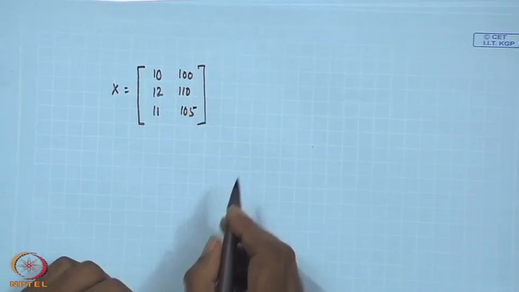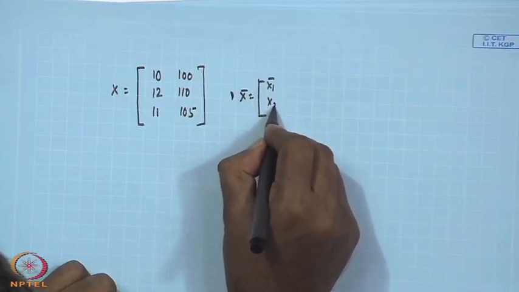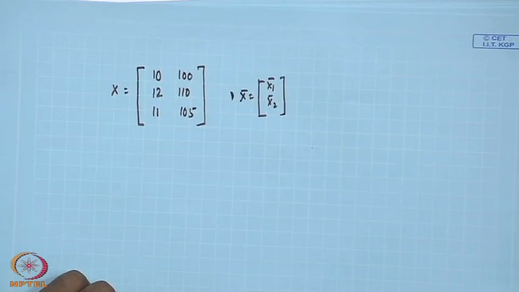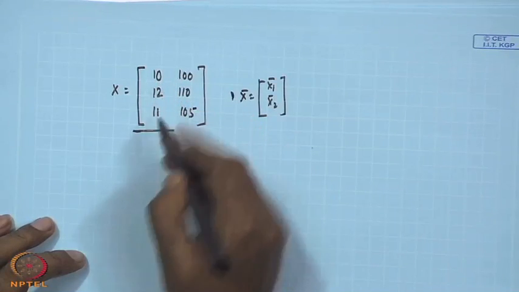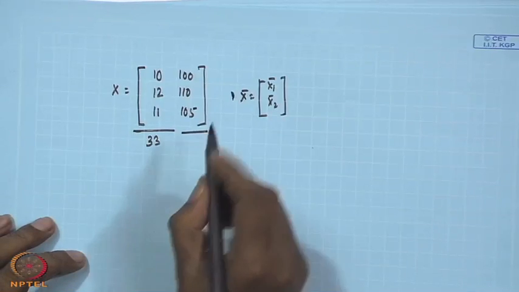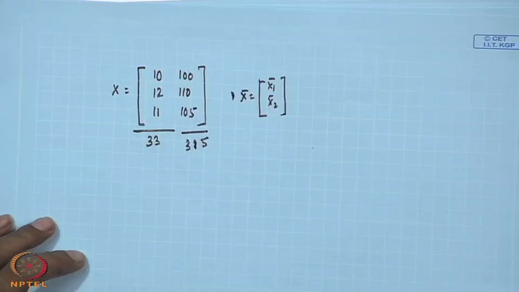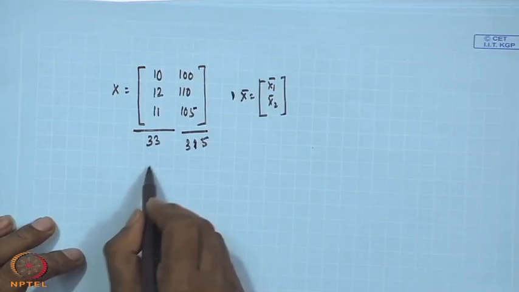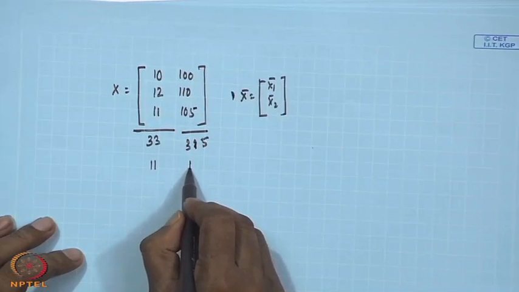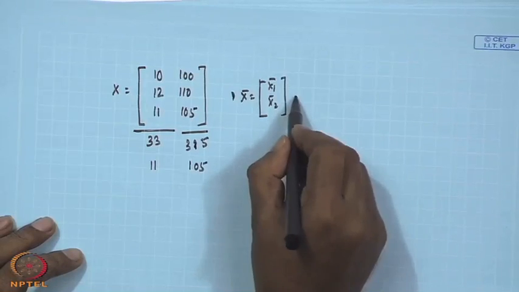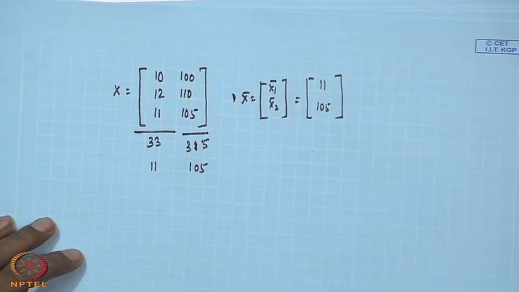So, I want to get the x bar, that is, x 1 bar and x 2 bar. You can very easily go like this. The total is 33 here, and the total here will be 315. If you divide it by 3, the first variable will be 11 and the second one will be 105. So, that means your x bar is 11 and 105, that you can very easily do here also,